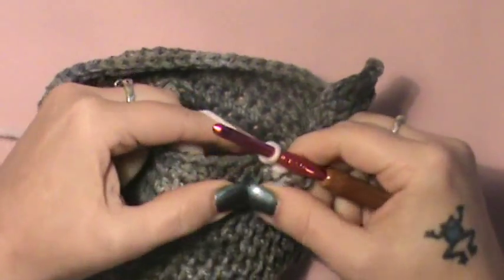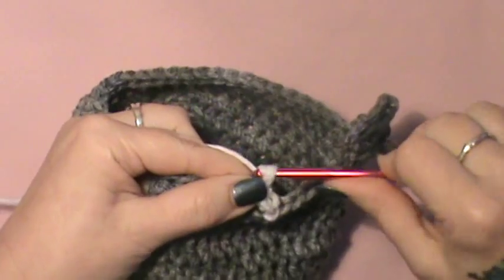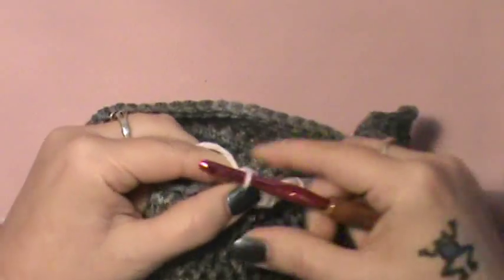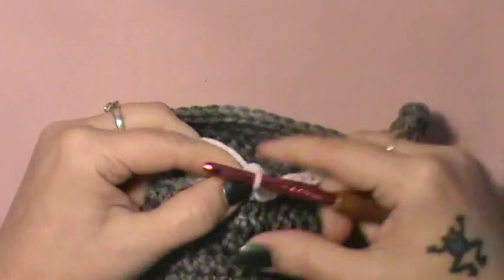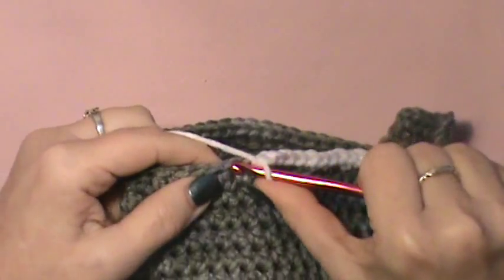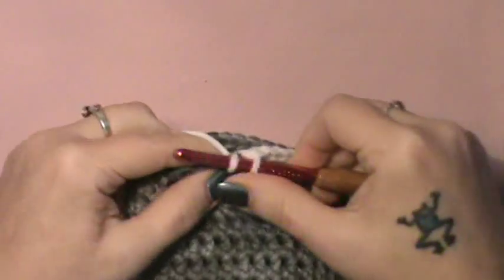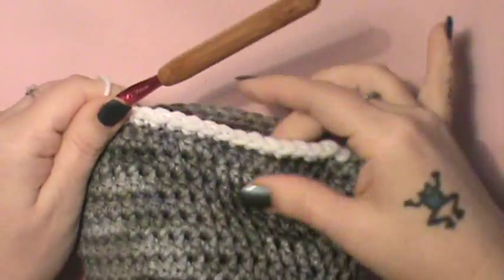So 1, 2, 3, 4, 5, 6, 7, 8, 9, 10, 11, 12, 13, 14, and 15. Now the reason you're doing it in the front loops is because once you get this cap worked up,